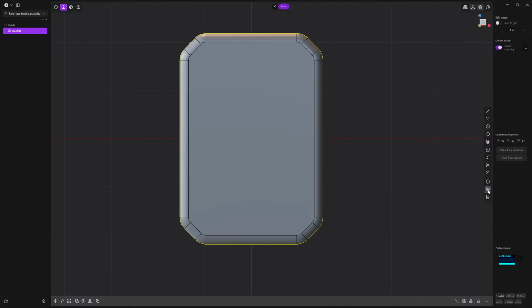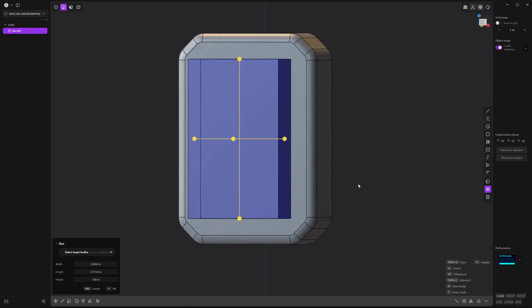We're going to go to the center box once more, and then you can see that once you hover over an object, you can snap to center faces, and that's what we want. So we're going to snap over this center face and create a rectangle like this. And you'll see it turns blue.